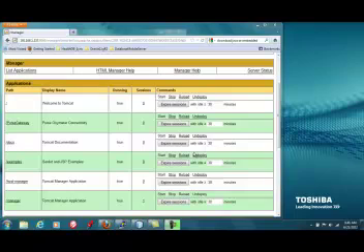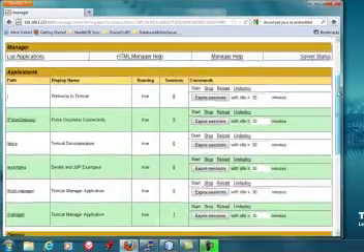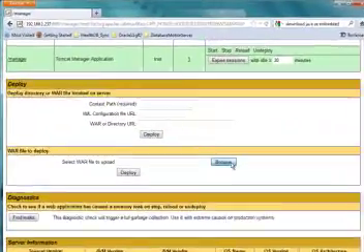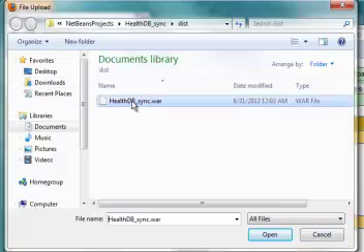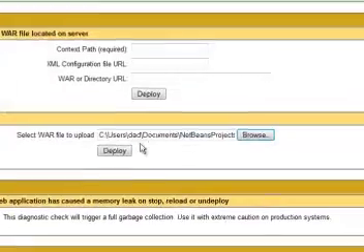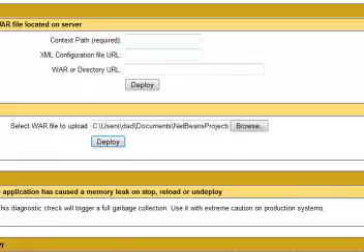The second application that we want to deploy and install on this web container is the database component of our demonstration for the data aggregator. So we'll go about the same process to install that. We will locate the WAR file, which is called healthdbsync.war, and we'll deploy it onto our web container.